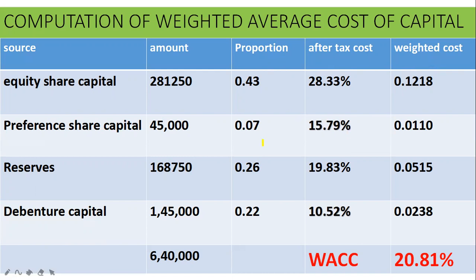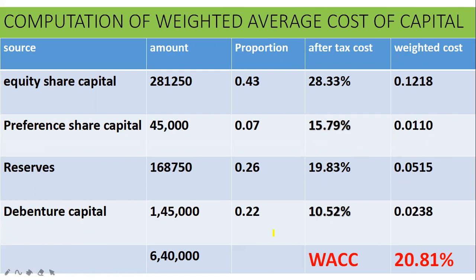In the same way, for the preference share capital, for reserves and for debenture capital, these two figures are multiplied. So when you multiply 0.07 into 15.79, you will arrive at a figure 0.0110. And when you multiply 0.26 as the proportion of reserve with its after tax cost, you will arrive at this figure